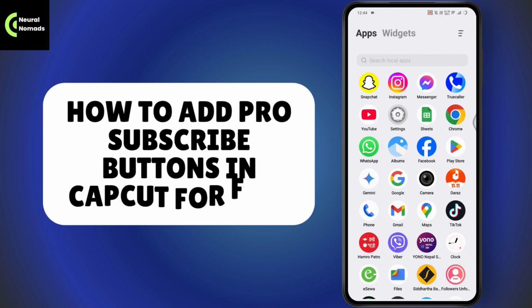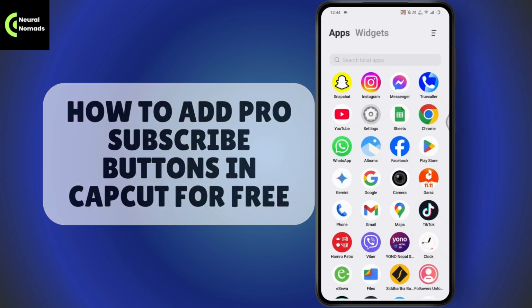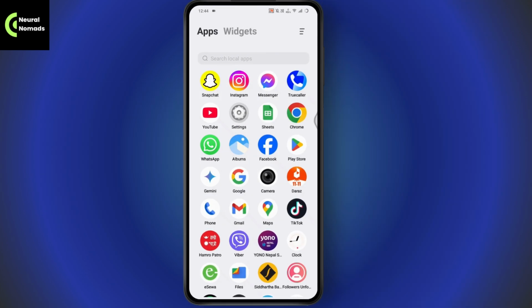How to add Pro Subscribe buttons in CapCut for free. So if you want to add Pro Subscribe buttons in CapCut for free, then what you need to do is